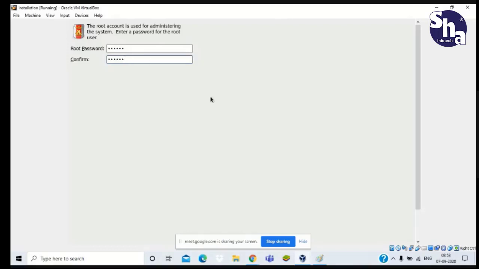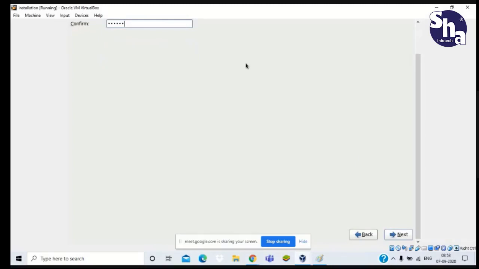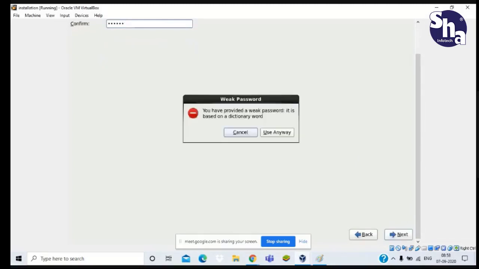By clicking next, you will see that it says you are using a weak password. Yes, I know Oracle is a weak password, but we are using it for practice purposes, so it is okay. No one else will use my machine for any work purpose.